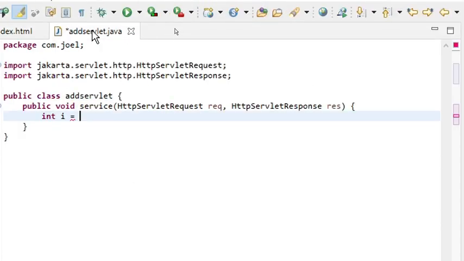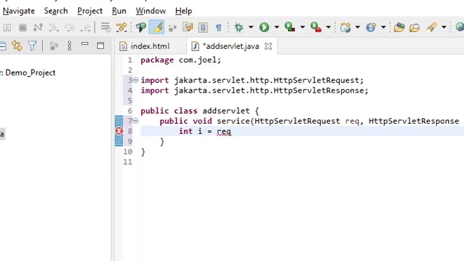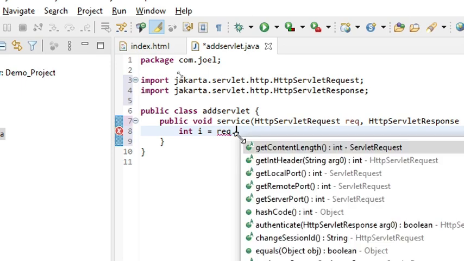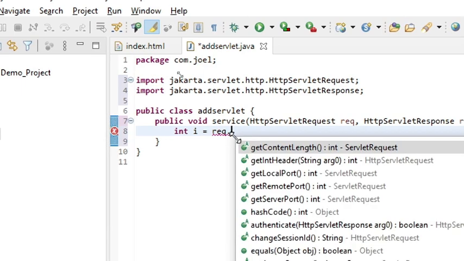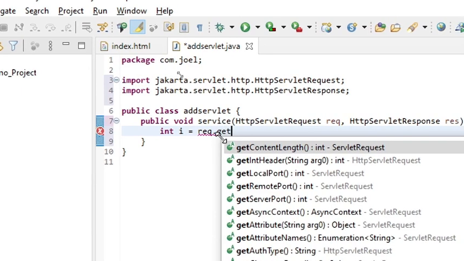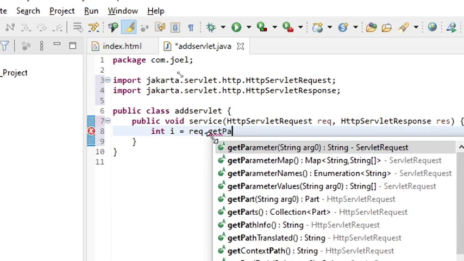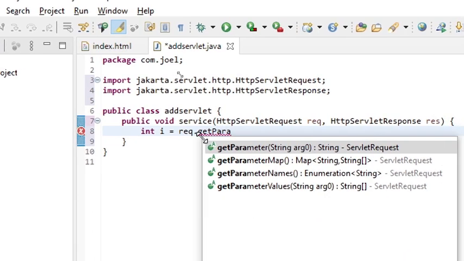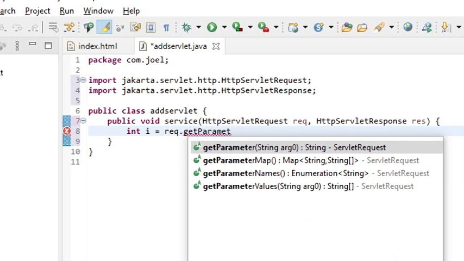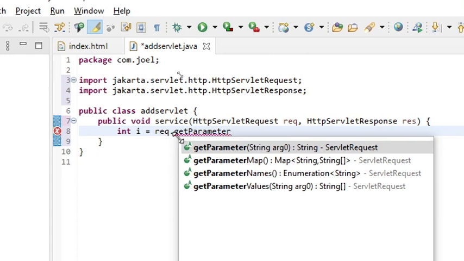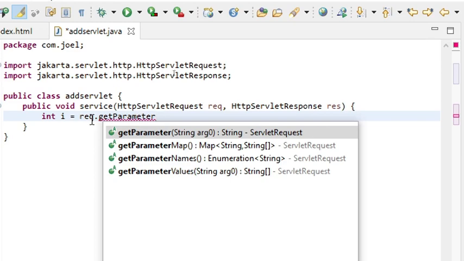Now I go over here, I have to use that. How to use it? Yes, we have to use req since we are requesting. So req dot, we have again a method called getParameter. So this req, I'm sorry, that's an object that I have used. req.getParameter.